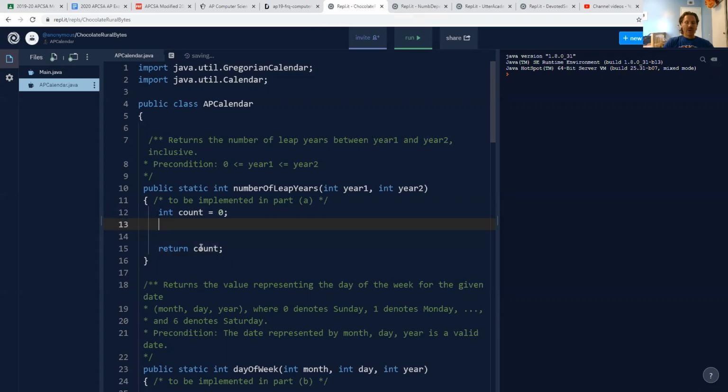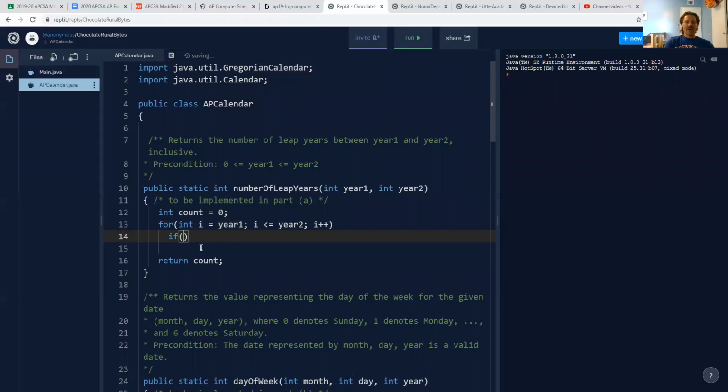In the middle, we're gonna write a loop, and not all loops start at 0. This loop most conveniently would start at year 1, okay? And we would allow this loop to reach and include year 2, and very important that that's inclusive on both ends. And then all I need to do inside this loop is simply ask, if I take that value I,